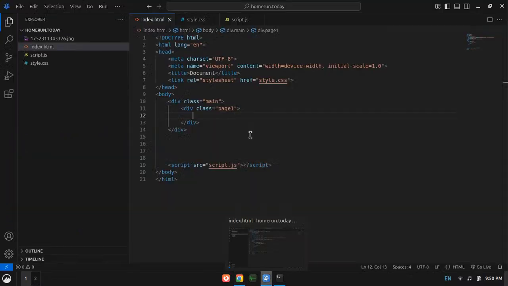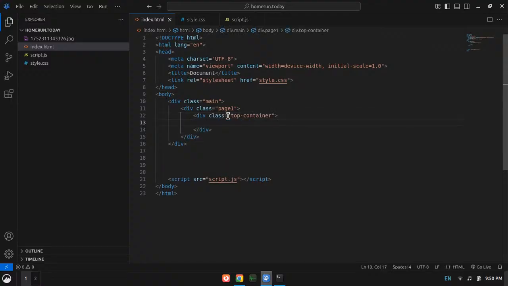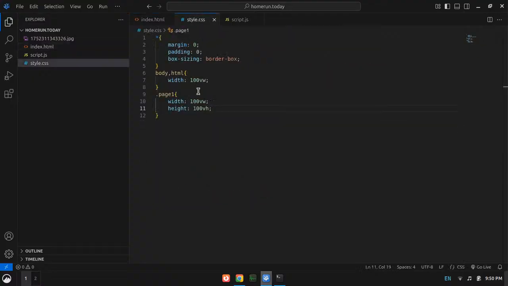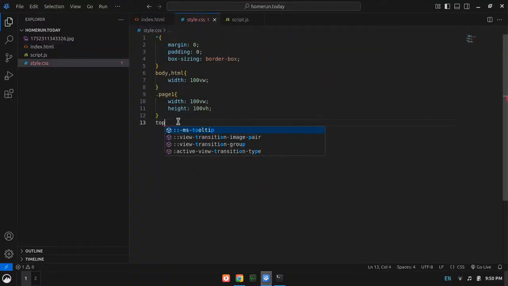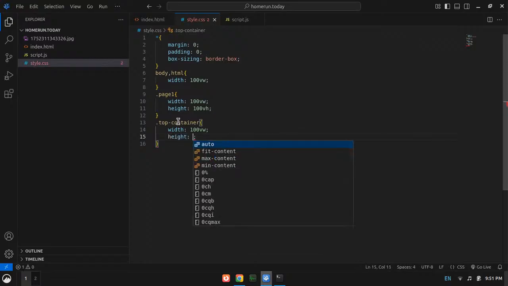Okay, so for that we need a top container, and inside the top container I need the bar which I will name top. So the top container will give it a width of 100 VW for now, because we don't need width for this, but for now to set the height we need that.